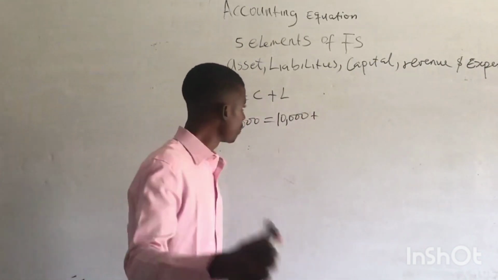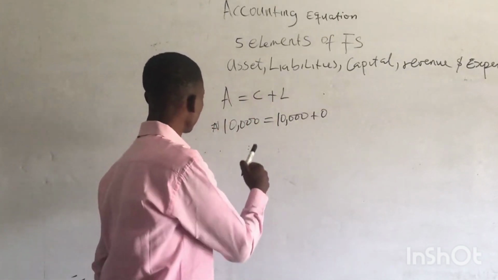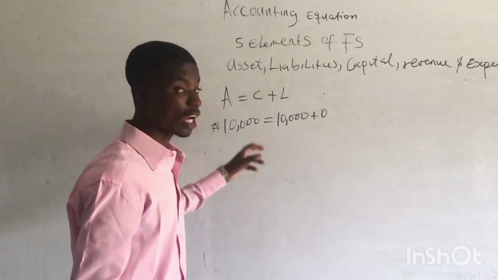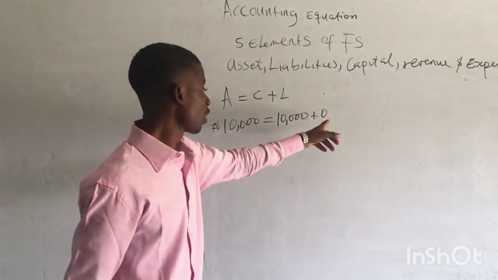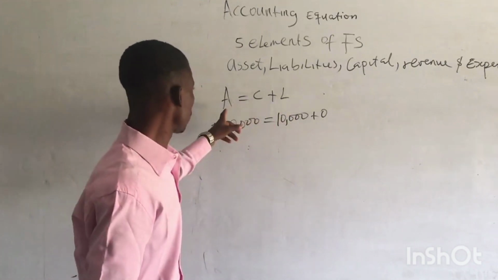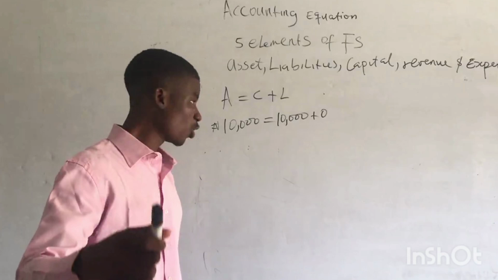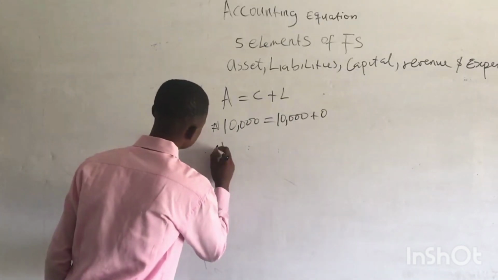it means your liability will be 0. Since the value of goods you want to purchase is equal to the cash you have at hand, which is your asset, it means that the value of your liability will be 0. So the asset will also be equal to capital plus liability. But in a situation whereby maybe you have 15,000 naira,